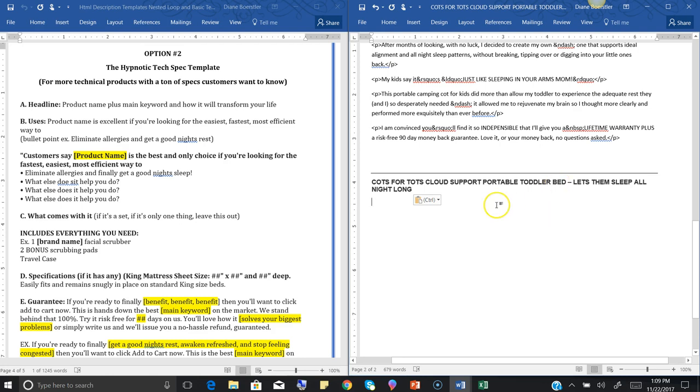Okay, we've got that. Uses. So the uses thing, we don't want to just say ideal for da da da da da in the description. There's two ways to do this. We can say product name is excellent. So what's it? Cloud support, Cots for Tots, excellent. If you are looking for the easiest, fastest, remember this is in your lesson 6, easiest, fastest, quickest, most efficient